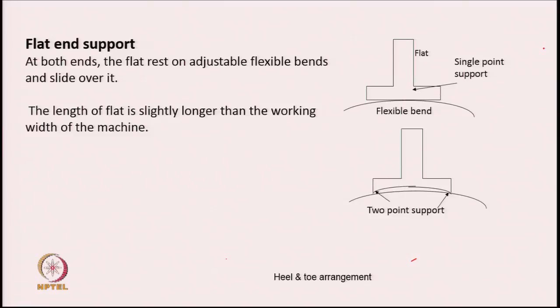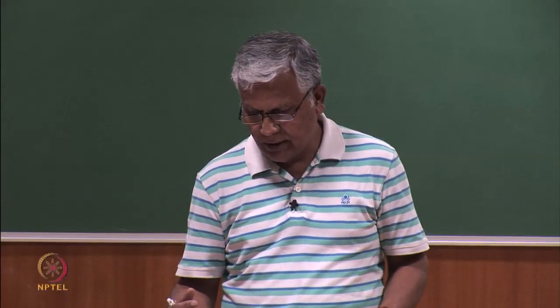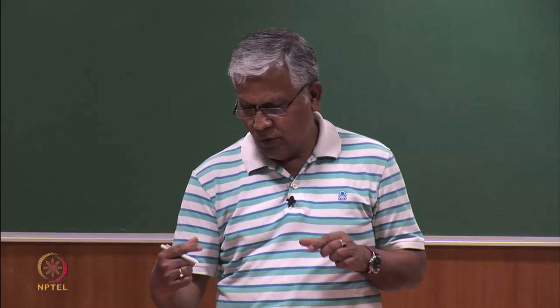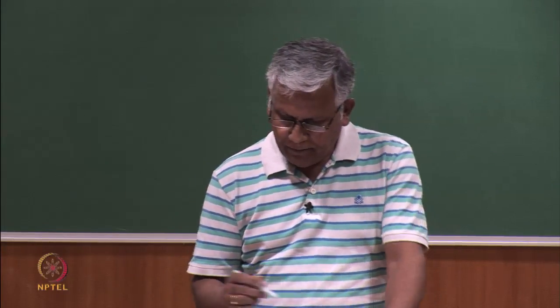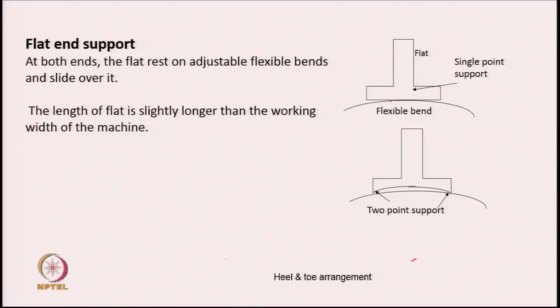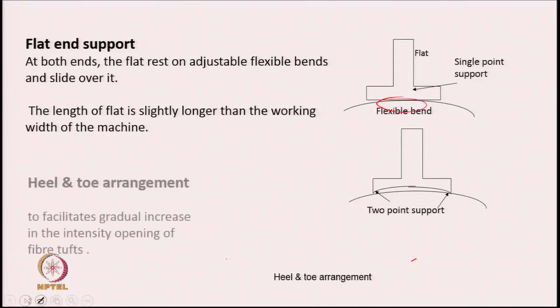Basically the flat is a long bar with T shaped cross section, and the two ends of the flat rest on the flexible band, and here it is being shown how it is resting on the flexible band. This type of arrangement is known as single point support of the flat, that is the contact area is only here